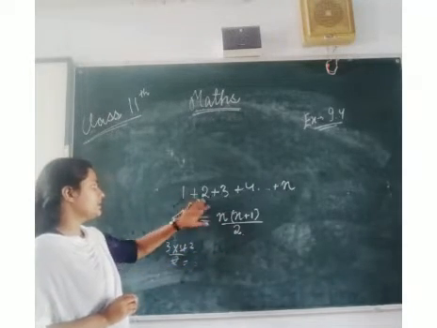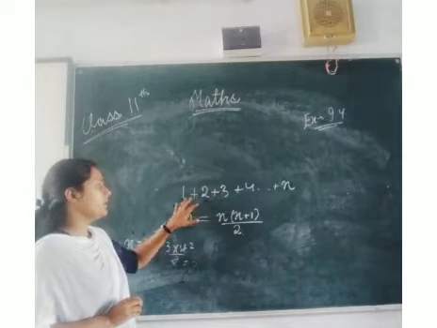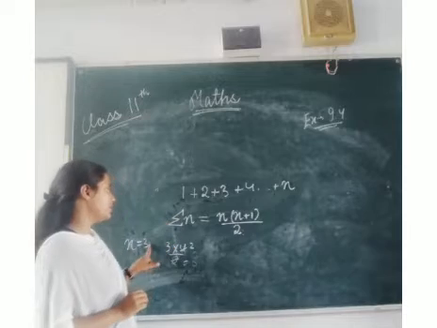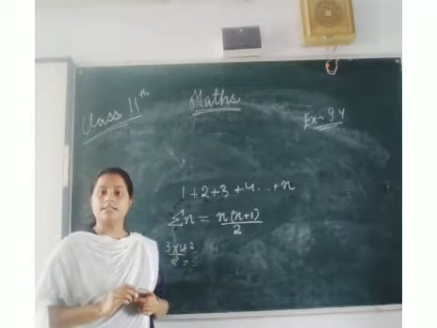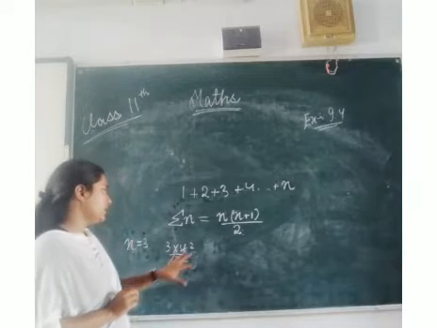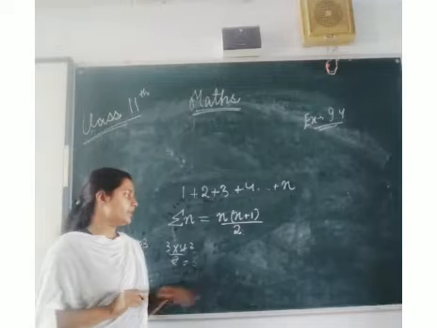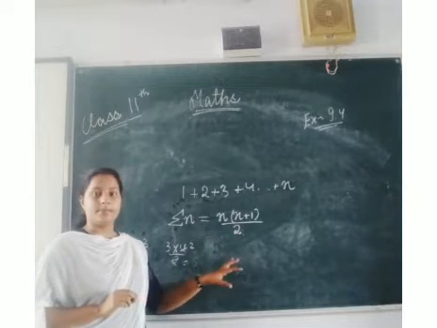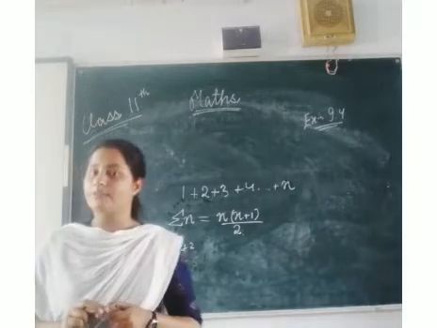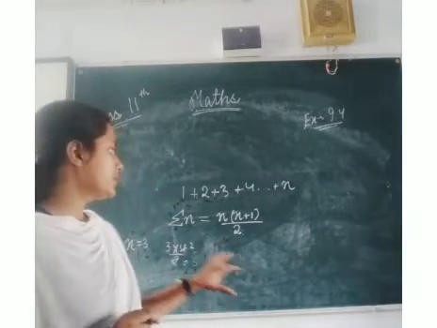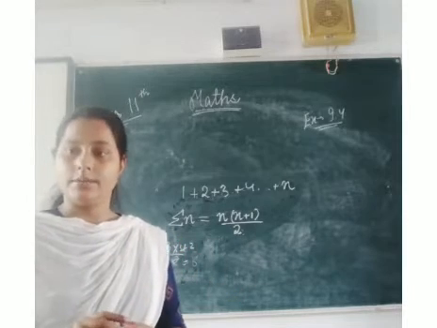Now let us suppose here we have the series, and in the series we have only 3 terms, n equals to 3. So 1 plus 2 plus 3, the answer is 6. Similarly, we can put n equals to 100 and we will see that the value comes out to be the same as if we had added it by the method that we used in our lower classes. So this is the formula for the sum of first n natural numbers.